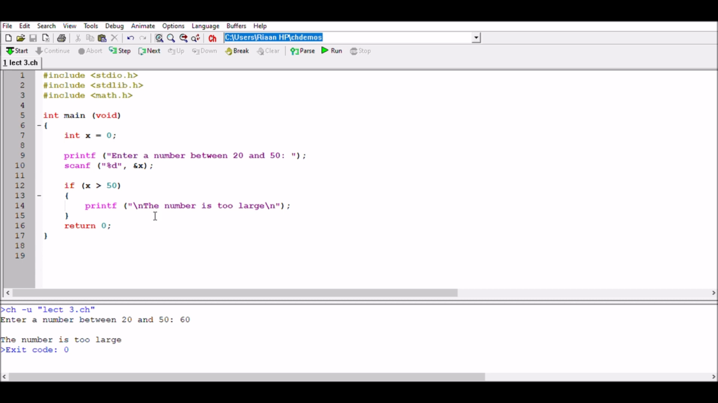Okay, let's continue with this. Now we're going to have another condition we need to look at, which is whether x is less than 20, because we want a number that's between 20 and 50. So if x is less than 20,